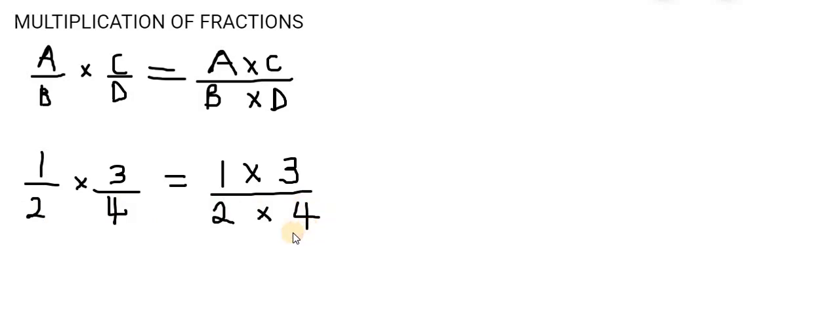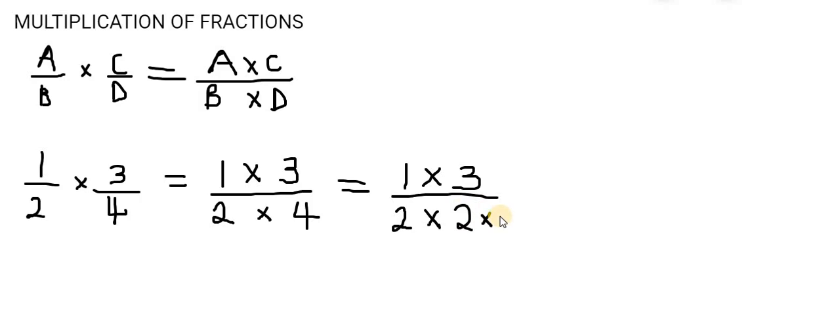Okay? Now, one thing to note before you complete the multiplication is you want to make sure fractions are reduced. Okay? This is what I mean. So, for 1, there's no breakdown. For 3, there is no breakdown. For 2, there is no breakdown. Those are prime numbers. But for 4, I can break it down into a product of prime factors of 2 times 2. Okay? Now, if I compare what's above to what's below, there are no common factors, so there's nothing